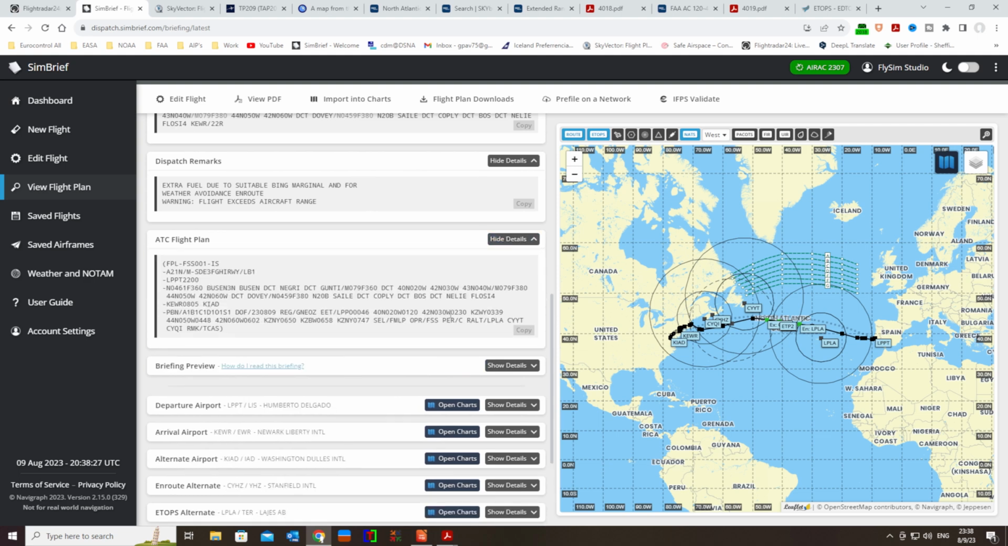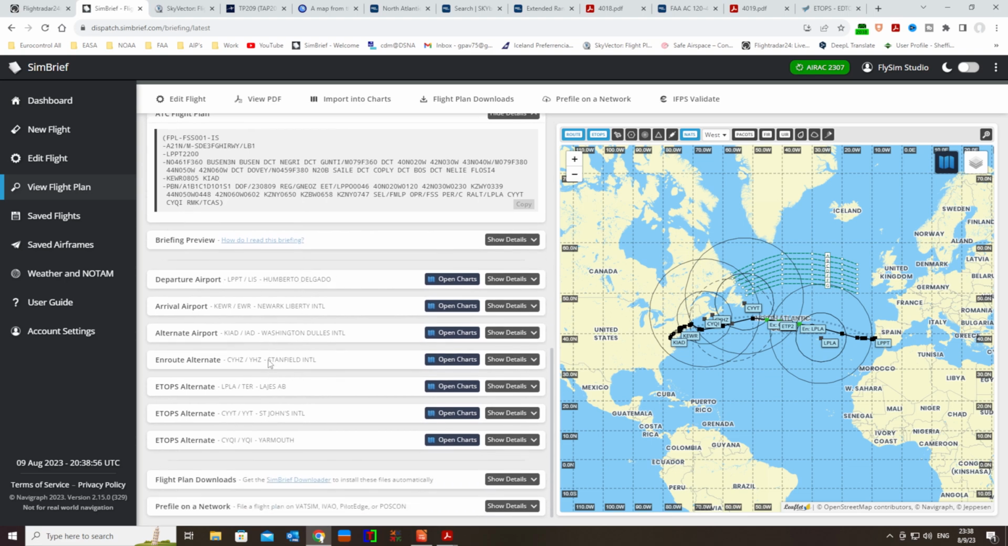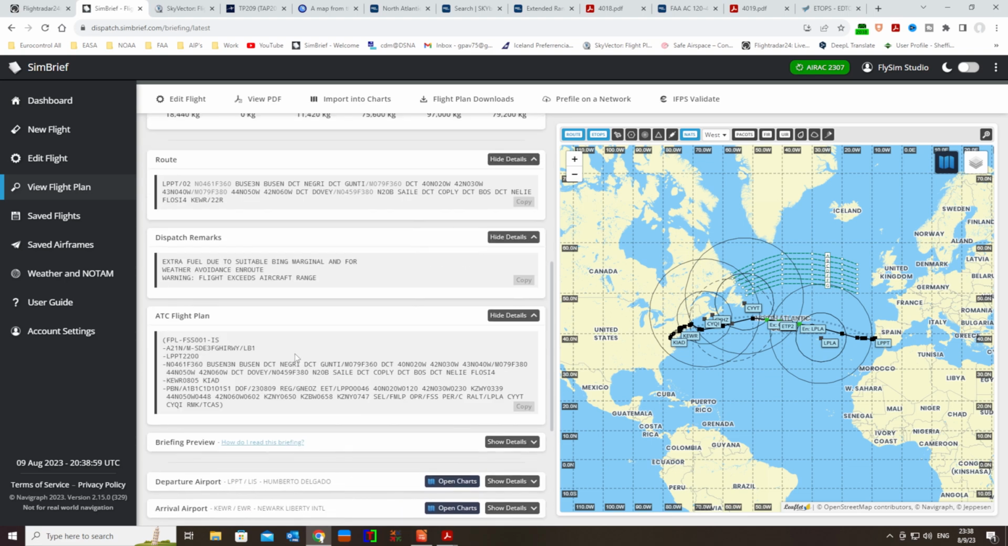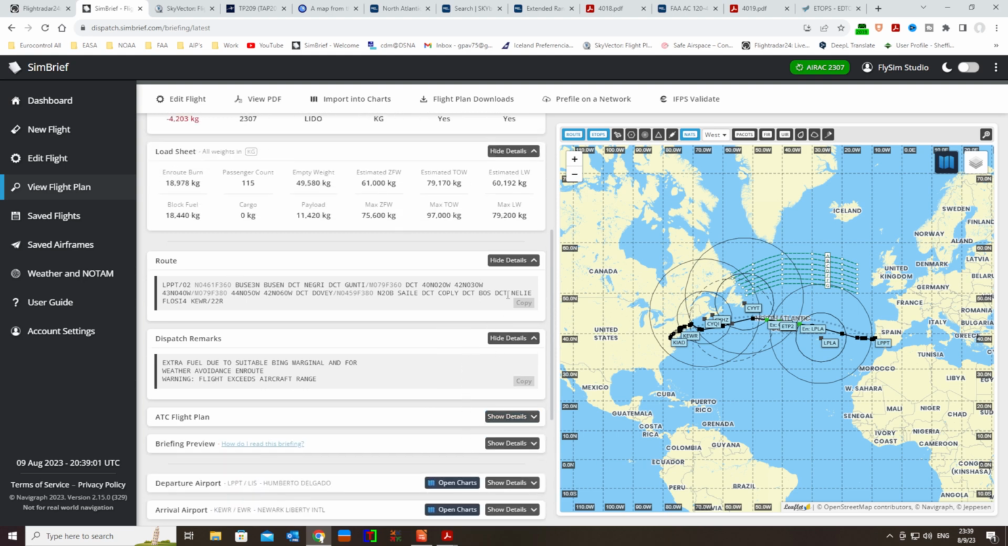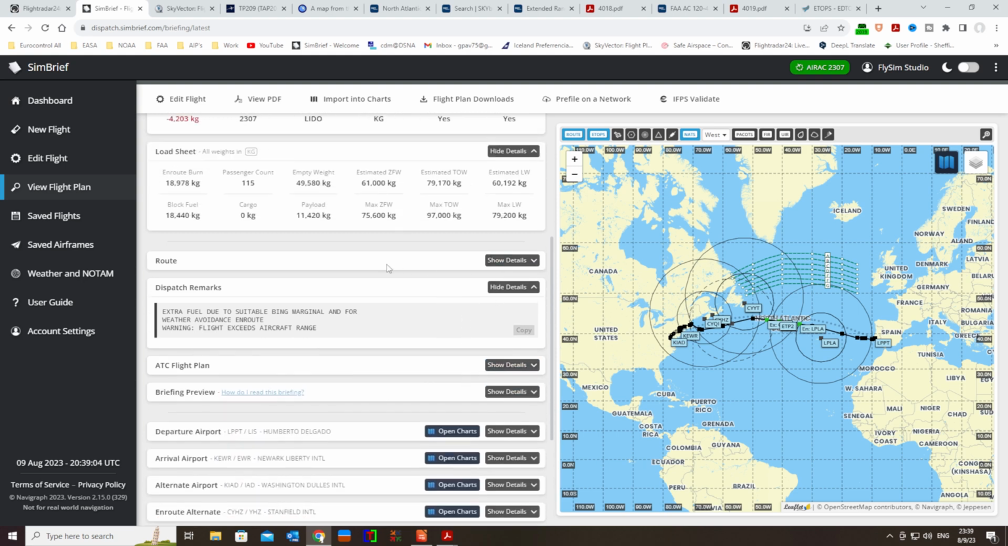Okay, you see route alternates, route alternates here. These are our ETOPS, and it should have also the ERA here, but it's okay. And route alternate. Okay, this is now our problem,